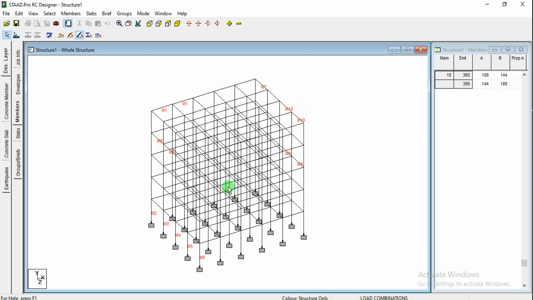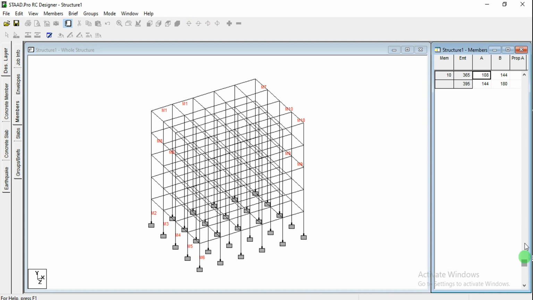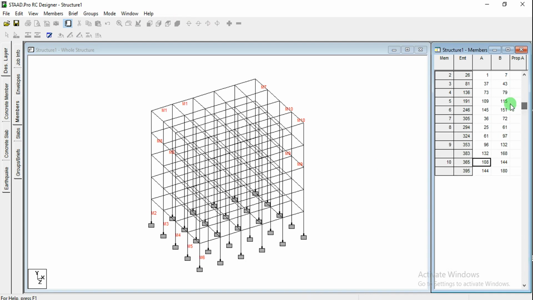Right now I didn't go for total structure, I have given only selected members there, and you can check that list here. And if you want to assign for whole the structure, no need to select the members, simply you can go for Control A, select total member and you can click on auto form member. So there what happens is whatever the total beams that are in X direction at one floor, that will be taken as a one member. Okay, so here I have taken these 2 beams as one member, one equal physical member there. Okay, if you want to see them, so you can simply highlight that and you can observe the numbers here.